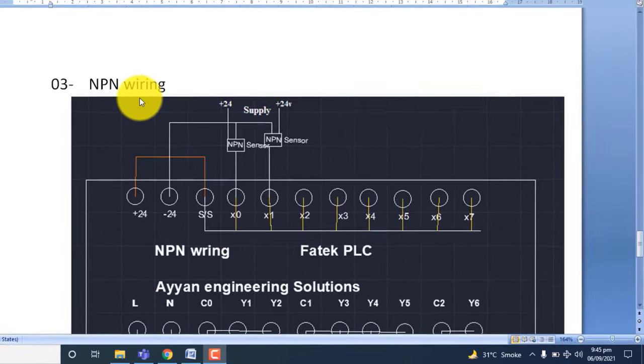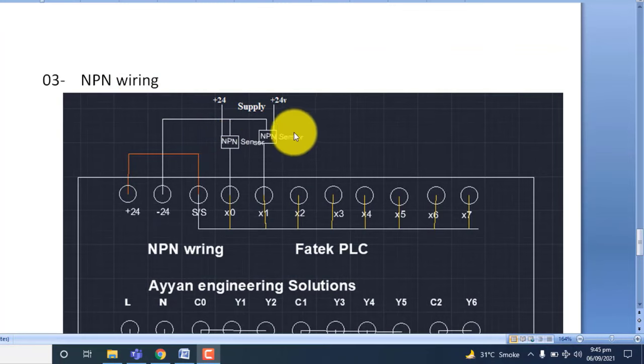now this is NPN wiring. If you have the NPN sensor, then you have to do NPN wiring. In NPN wiring, you have to connect the S/S point with plus 24 volt. Okay, you can see this is the internal wiring of the PLC, in yellow color. So I take the example of an NPN sensor, and you have to give the supply plus 24 volt and negative 24 volt to the sensor. When the NPN sensor gives the output, it will be negative, and the internal circuit is positive, then your input will be on. Okay,